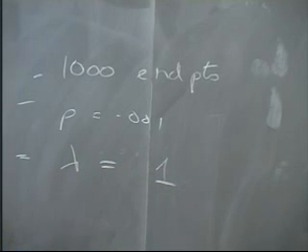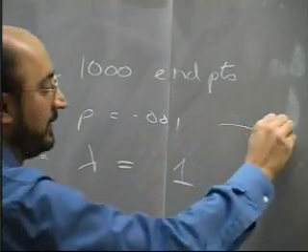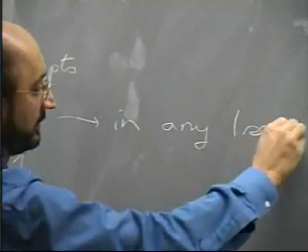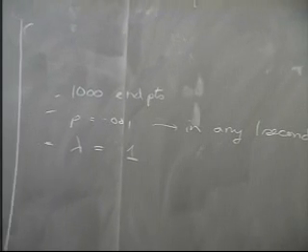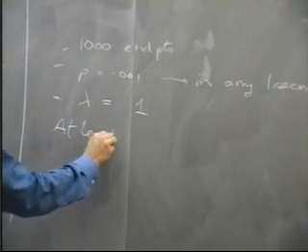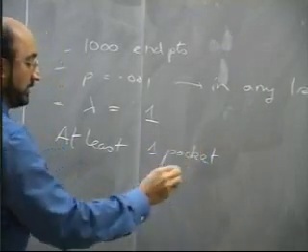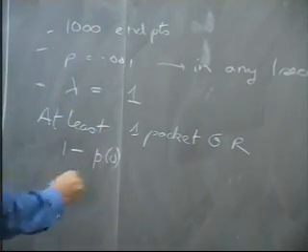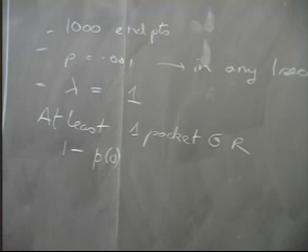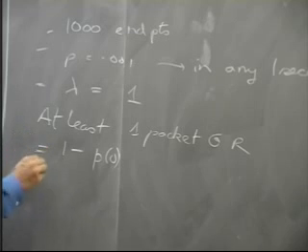And now I want to know the probability. Let's say that this is 0.001 in any 1 second. I'm giving the time interval now. So what's the probability that we see at least one packet in 1 second? So at least one packet at R is nothing more than 1 minus P(0). The probability that x is 0 means nothing happens, and so 1 minus this. So this is equal to 1 minus